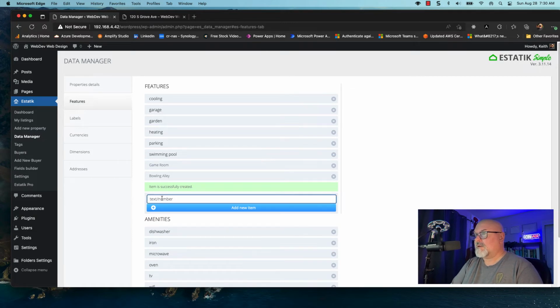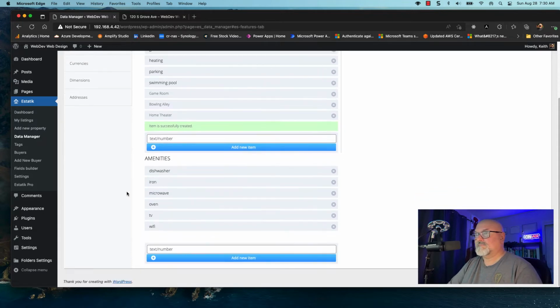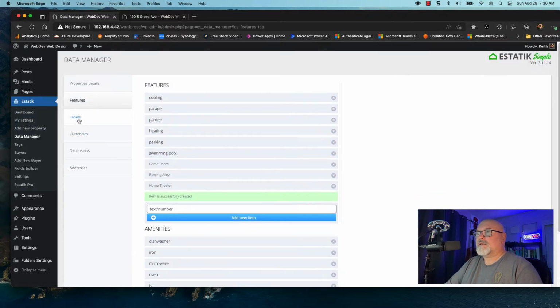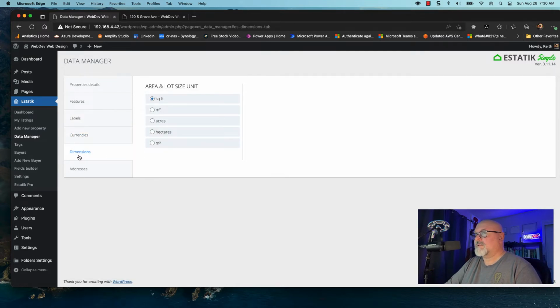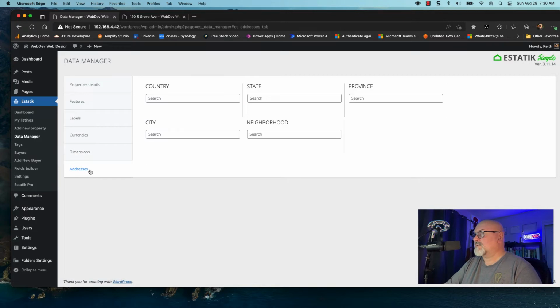And let's see, a home theater. Okay, let's go on. Labels, currencies, dimensions, and addresses. Pretty basic stuff, very intuitively laid out. Let's go to dashboard again,